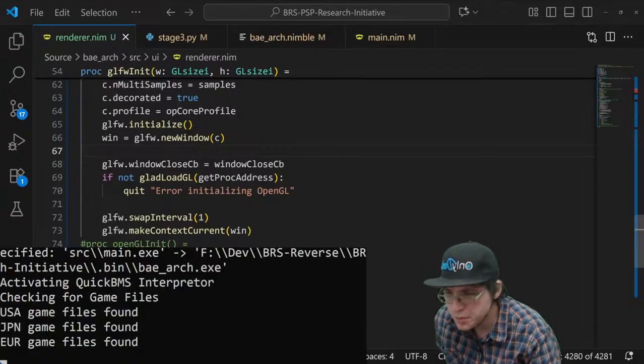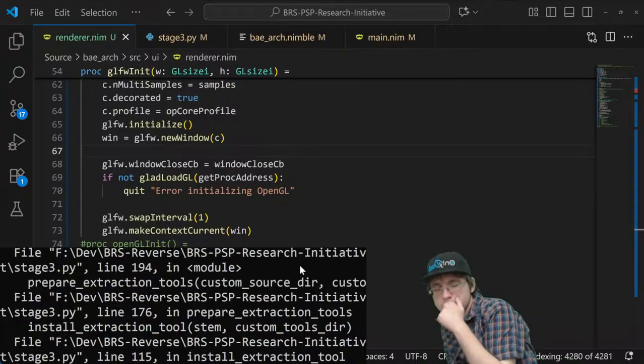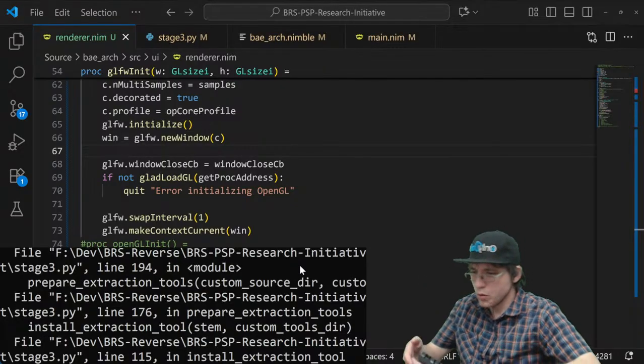Ooh, it didn't complete. What's broken now? Window close callback. Where is that?